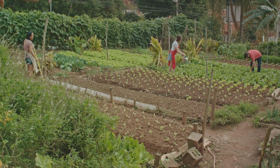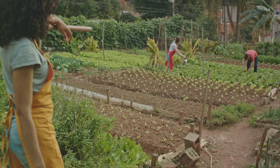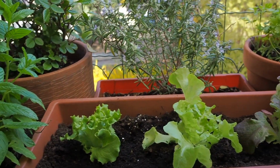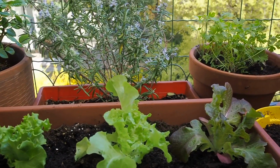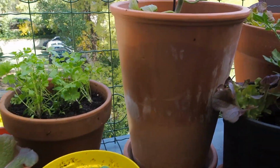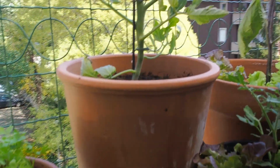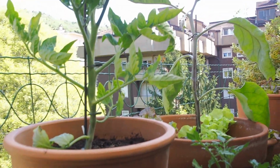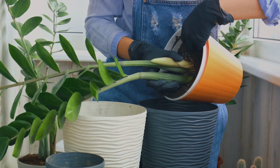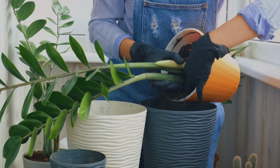Now that you've selected your plants, it's time to set up your garden. The first method we'll explore is container gardening. This is an excellent choice if you're working with limited spaces like balconies or patios. Just grab some pots or containers, fill them up with quality soil, and you're ready to plant your seeds. The beauty of container gardening is that you can move your plants around to catch the sun or shield them